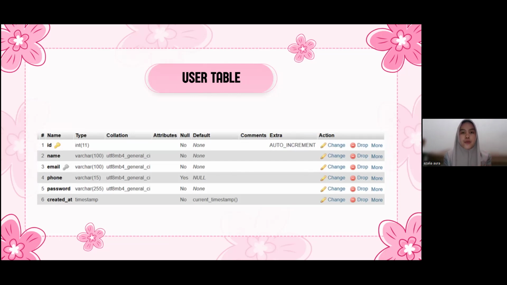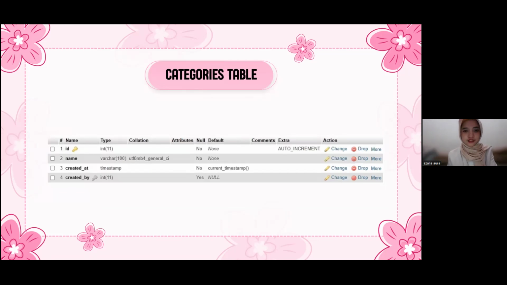Phone, the user's phone number, optional, can be null. Password, encrypted password for user account security. Created at, date and time of data creation, auto-populated using current timestamp. This structure ensures each user can be registered with relevant and secure data, with the flexibility to enter a phone number if required.